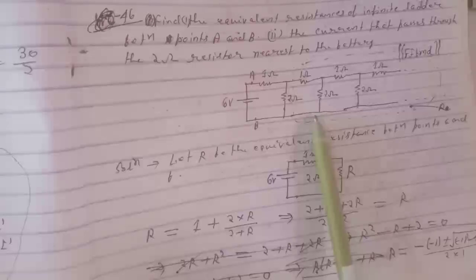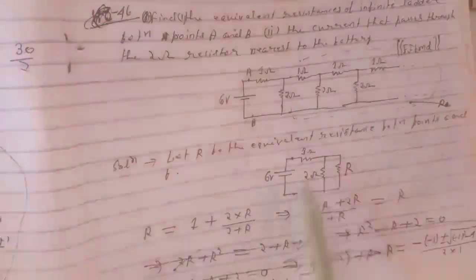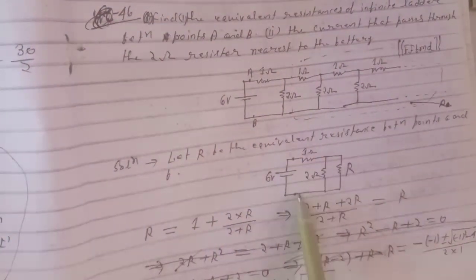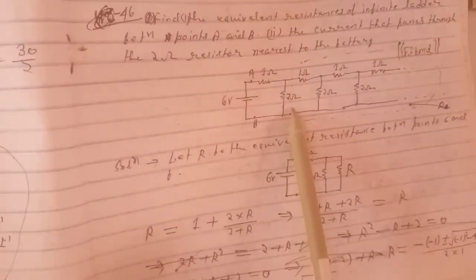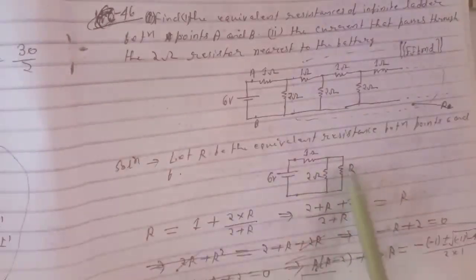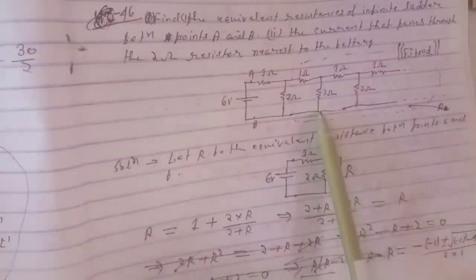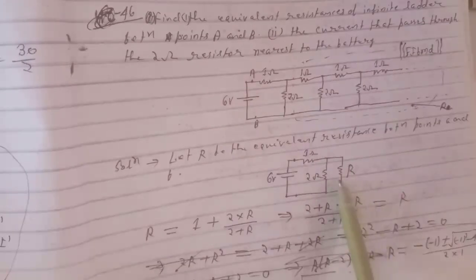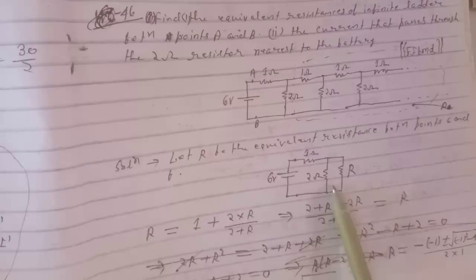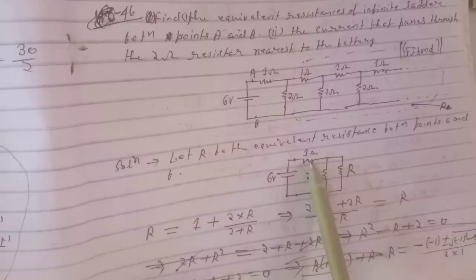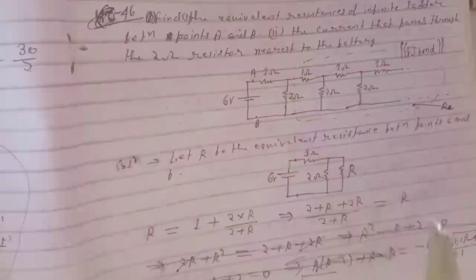Then the above diagram will change like this, and this is point A and this is point B. Because it looks the same as seen from A and B, this part will be replaced by R. The whole system will be replaced by the equivalent resistance R. Now because this is in parallel and this is in series, now the equivalent